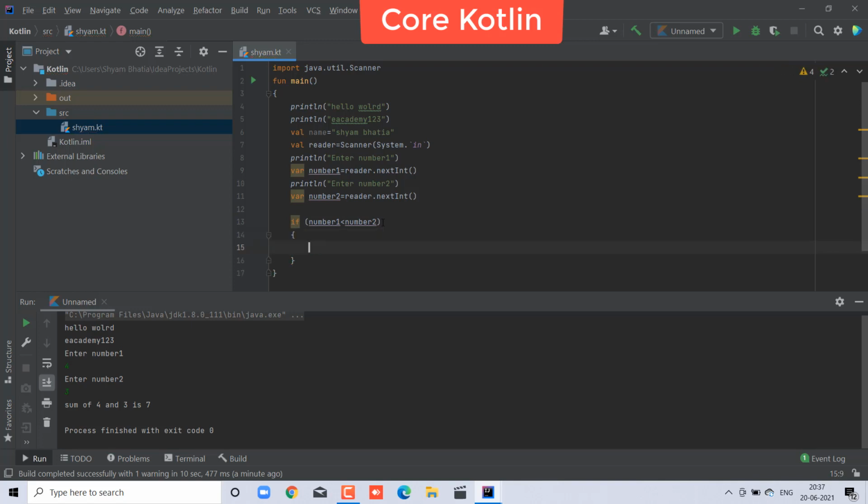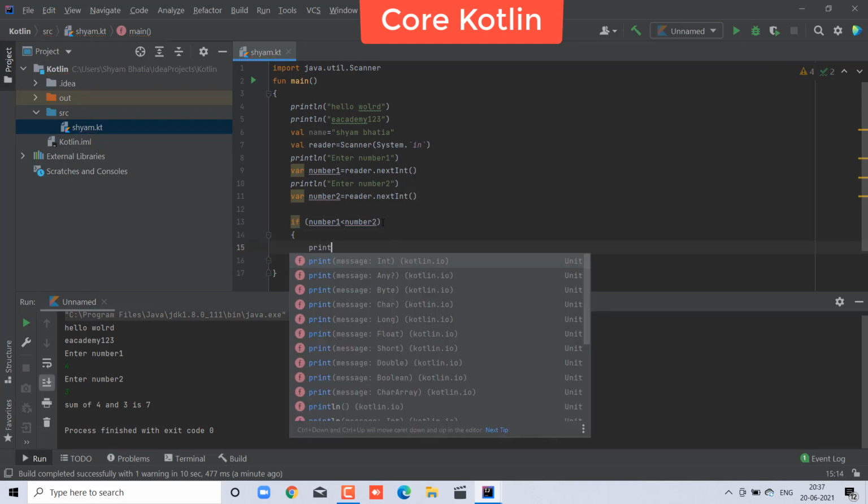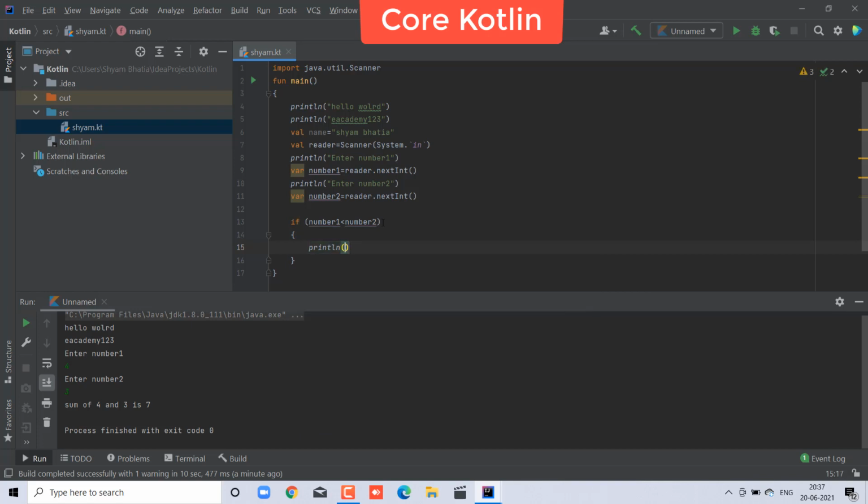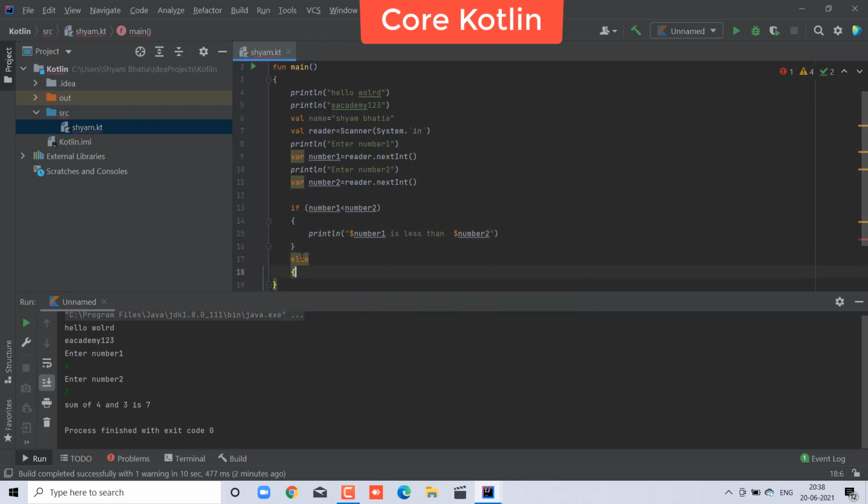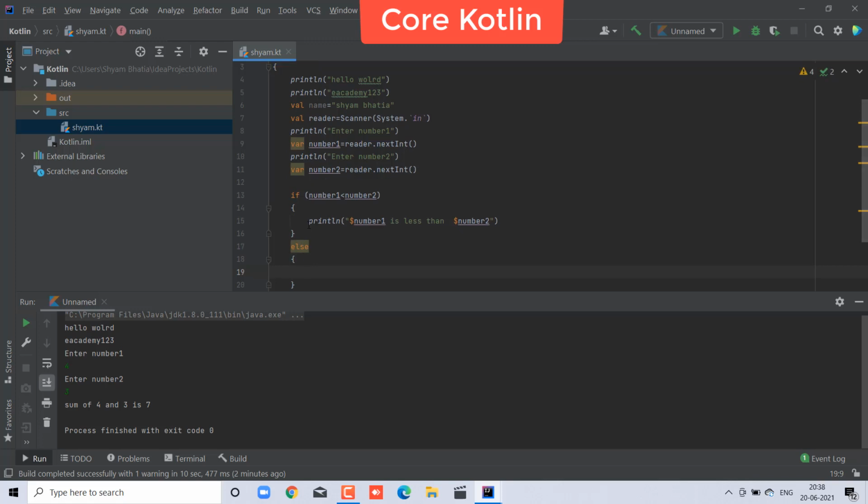And if this is true, then the body of if will execute and give the println, and inside you will tell number 1, what is less than number 2, followed by dollar, and else. And if it is not, then the body of else will execute.